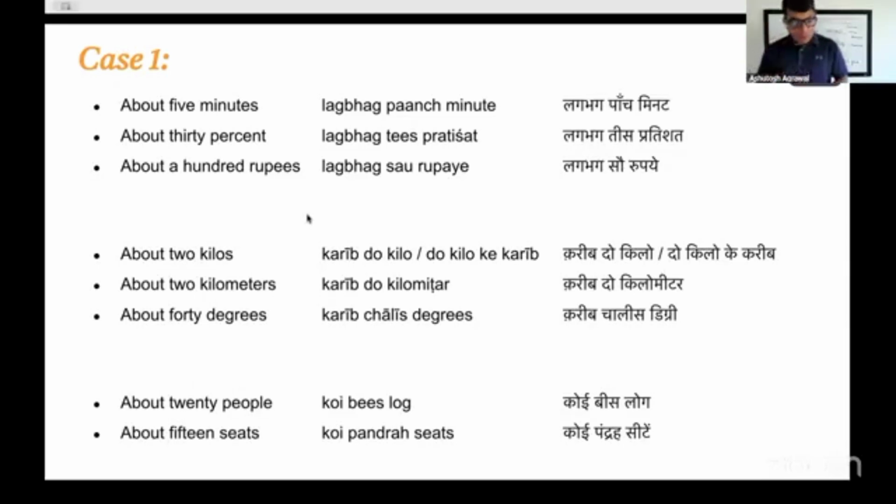Or when will you use it? So you said lagbhag is for approximately. I'll be there in 5 minutes. In about 5 minutes. In approximately 5 minutes. Very good. And then? About 30%. Lagbhag 30%. How much the population of Spanish speakers has increased in Pennsylvania in the last year. Wonderful, right? And लगभग 100 रुपए, right?